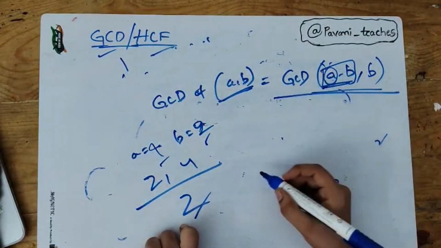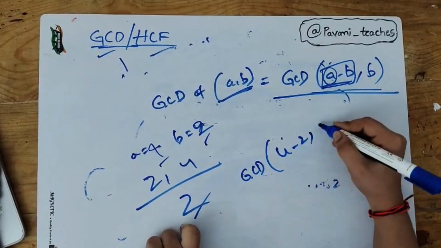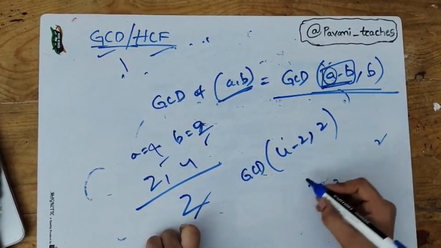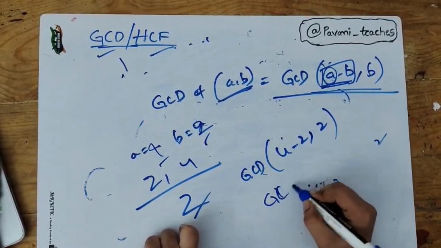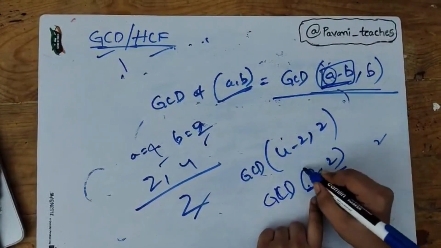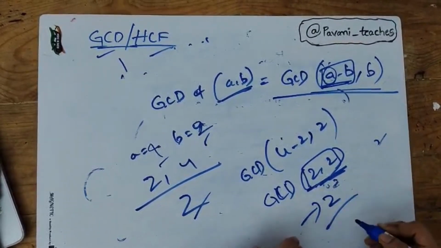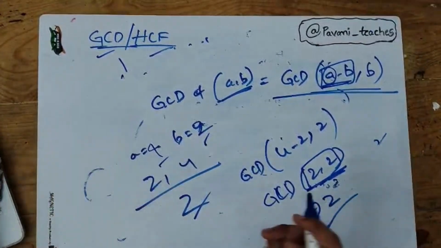Now if we check this, GCD of 4 minus 2 comma 2, which is equal to GCD of 2 comma 2. What is the greatest common factor in this? It's absolutely 2. Okay, I hope this works. But